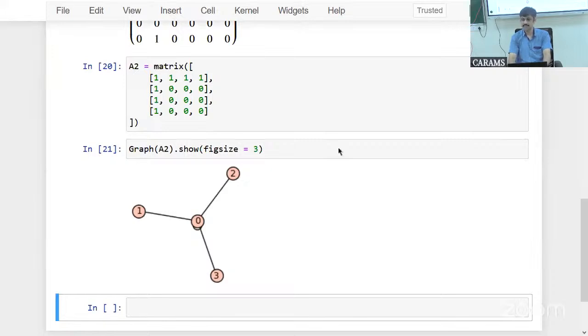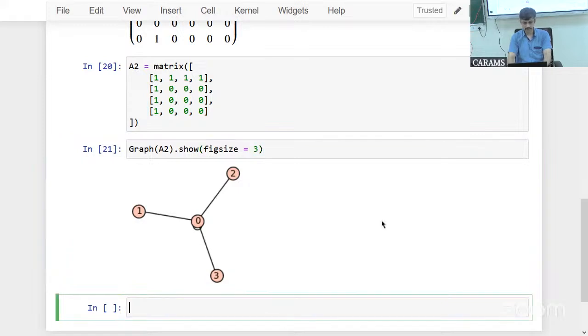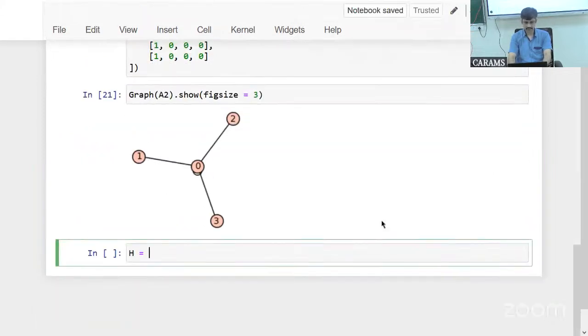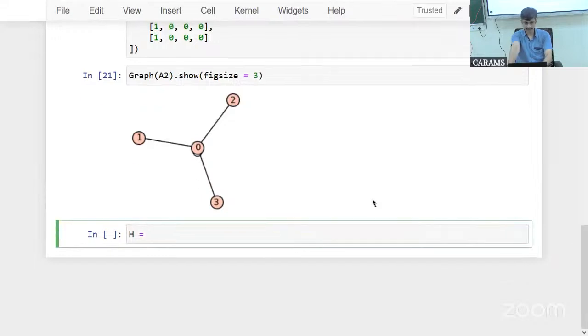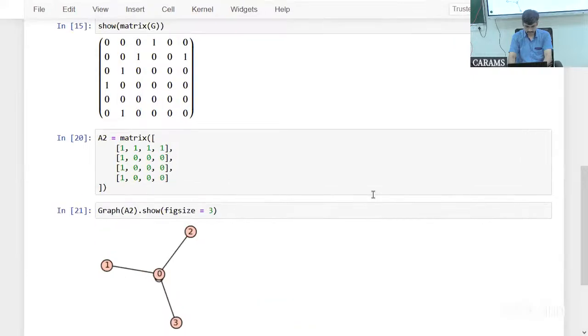But there are cases where you get an error, if you don't intend the loop to be there, or by mistake. If you have a graph without loops, and you try to add an edge between a vertex and itself, it will complain that loops are not allowed. Then you can make it allowed by using allow loops equal to true. So I'll show you that also. Let's say h is equal to,